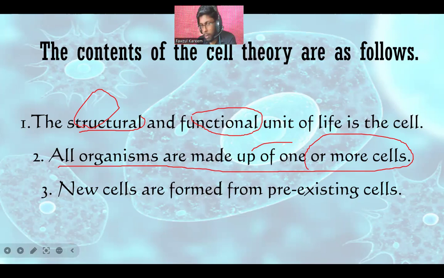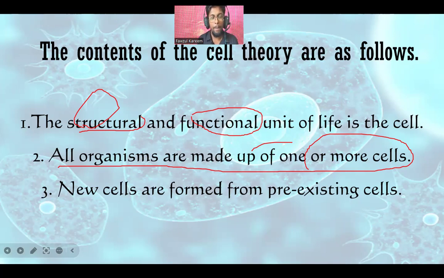If you take a cat or dog or something, they also grow, they get nutrition, they move, they reproduce. So that means the cat is also an organism. The cat is made up of many cells. So they are multicellular. Yeah, study this point in unit number 8, grade 10. Okay, this is a quick revision, right?